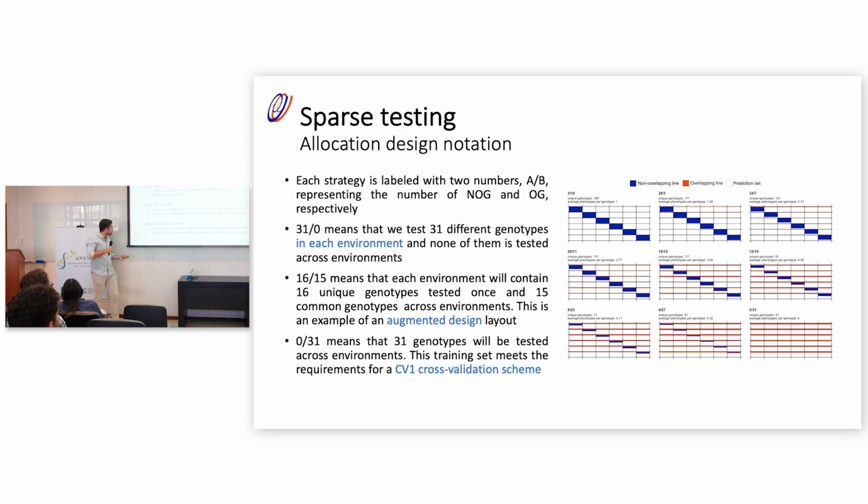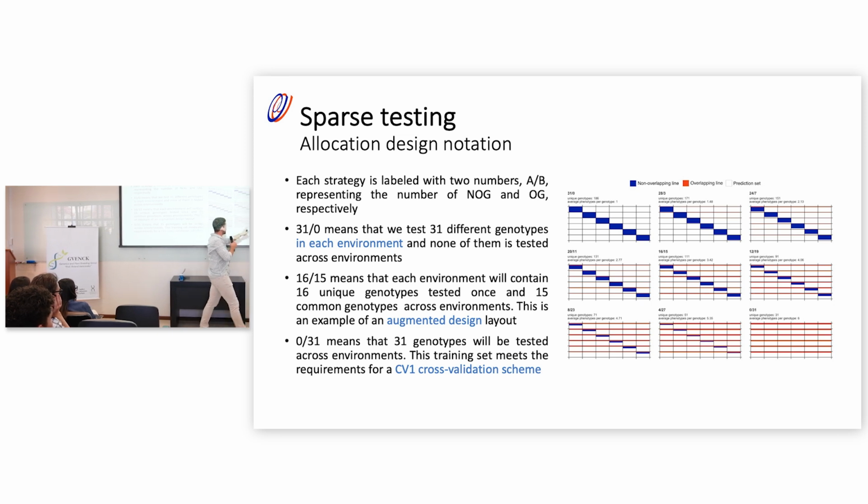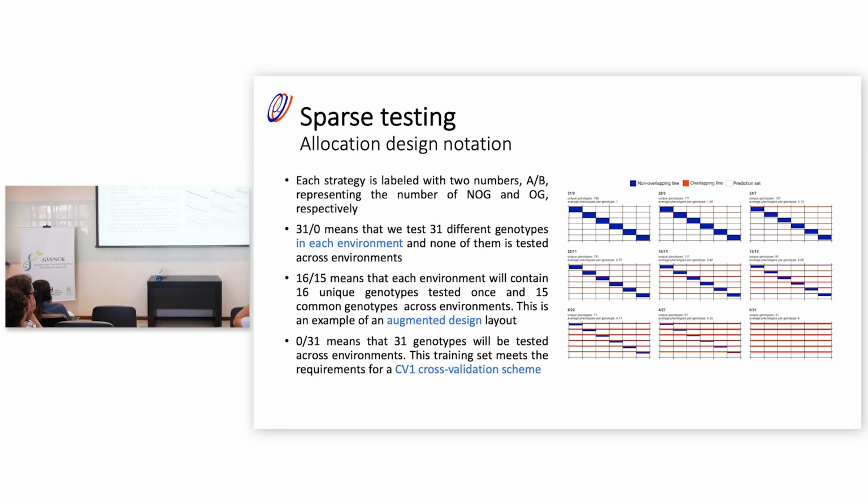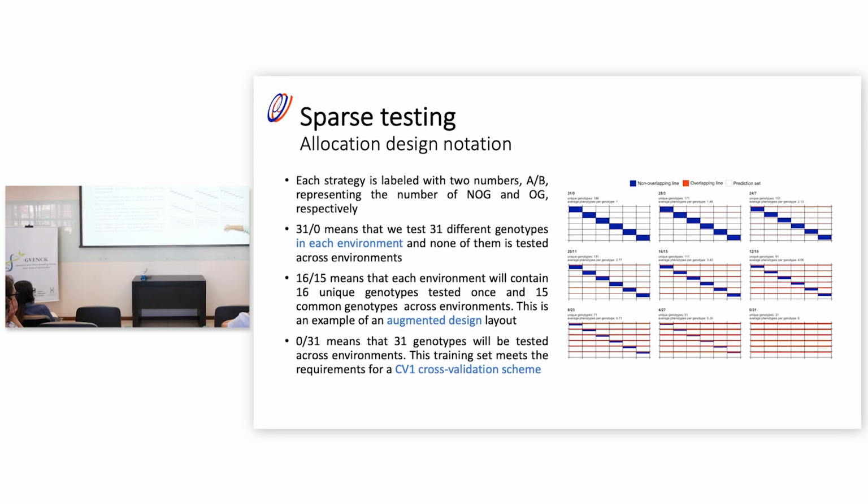Oh, sorry. And finally, we have the other extreme in which we have 0 non-overlapping genotypes and 31 overlapping genotypes, meaning that we are testing 31 genotypes as checks. So this is really good for characterizing G by E because we are seeing a lot of lines many times, but we are removing 5 seeds of the genotypes. We are not seeing them. We have to predict them. See how here we are seeing all the environments, while if we squeeze this here in this other stream, all these lines are not being seen in any environment.